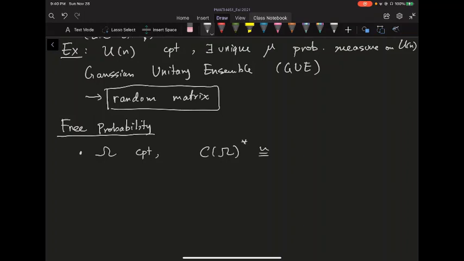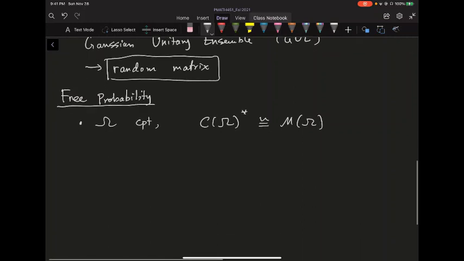There's one result we didn't prove in this course because we're out of time, but this dual space is actually isomorphic to some class of measures on this omega, and when omega is compact, this is basically certain nice measures. Okay, you have some nice properties, and I don't want to go into too much detail. But one thing is the following: if you have a mu, which is a probability measure,